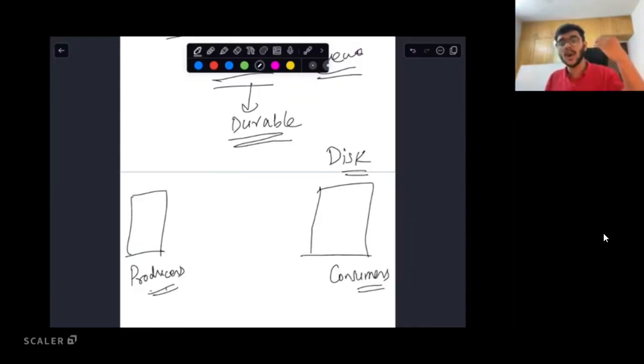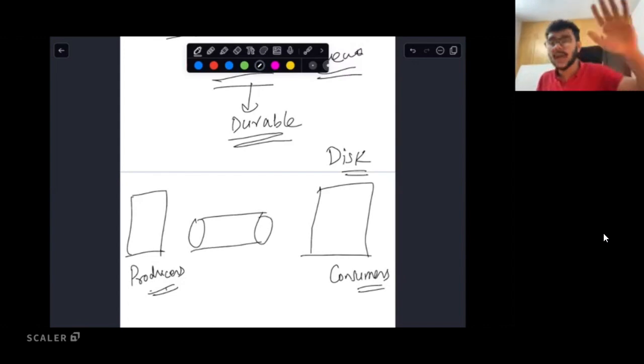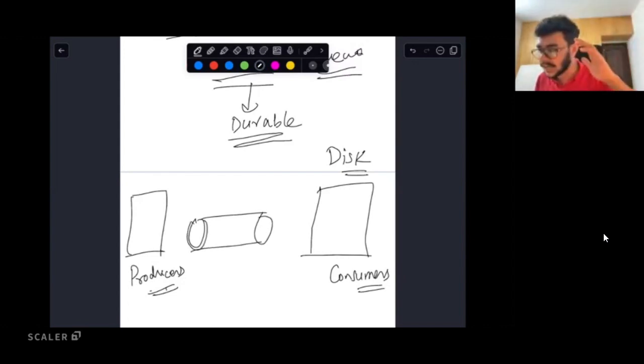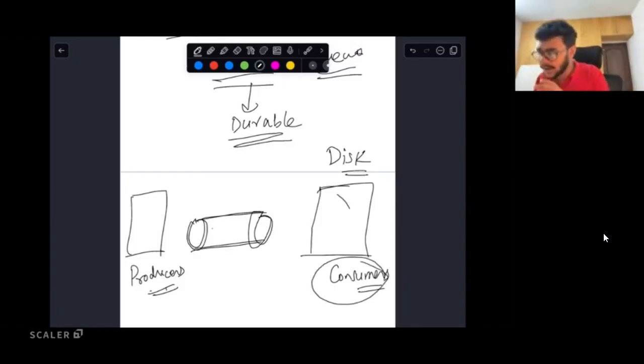Producers are the people who are launching an event, who are just throwing an event that, hey, go ahead and do this. For example, in the typeahead search system that we took, the database that was batching the writes, instead of batching, it could have also just sent them in a queue. I'm not saying that is the ideal way, but it could have just sent those writes in a queue, and the consumer at their own pace could have read those events.